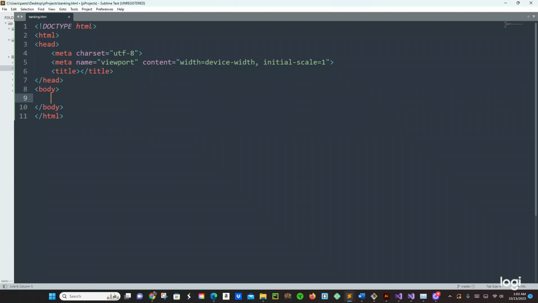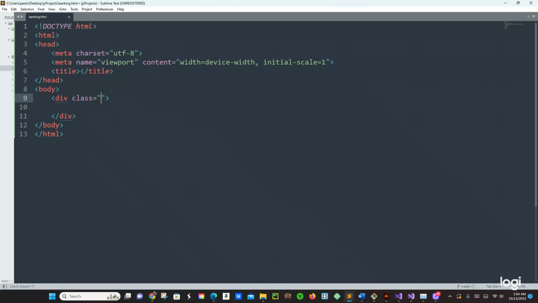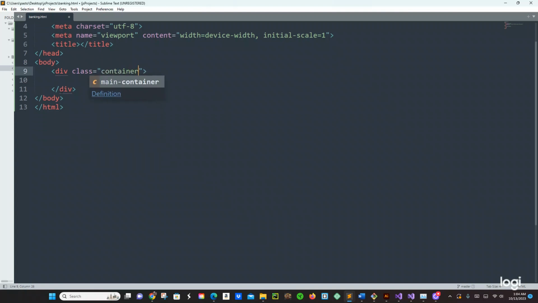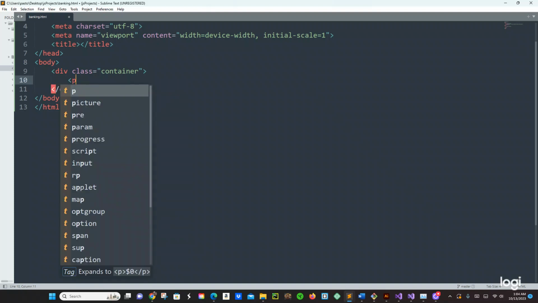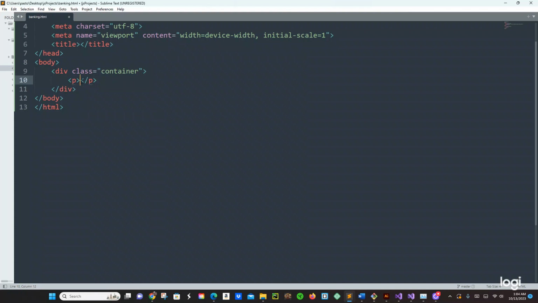And here we go. So we're going to have a div, and then we are going to have a class name for this div, which is going to be container. And then right here, we're going to have a p element right here. And then right here, we're going to say output appears below. Okay, now we're going to have the HR tag,